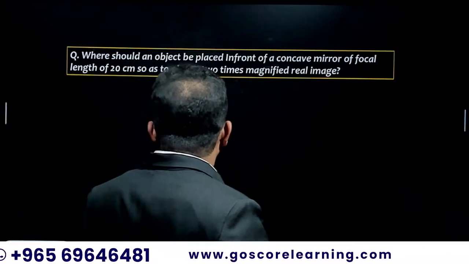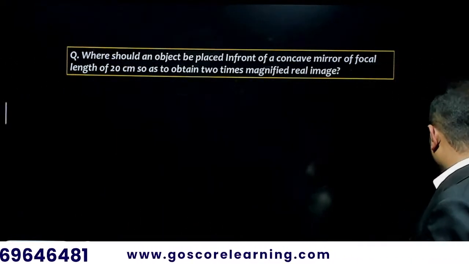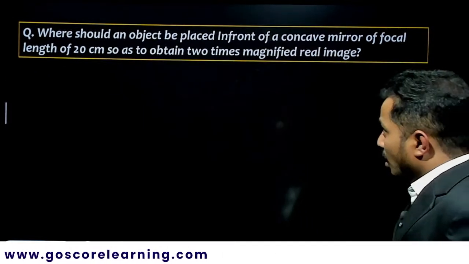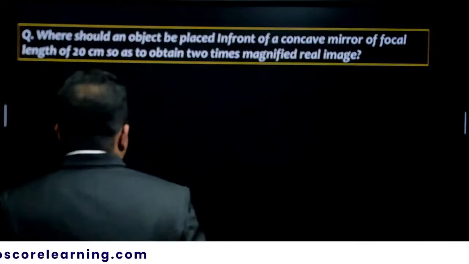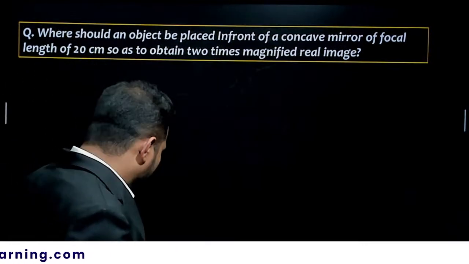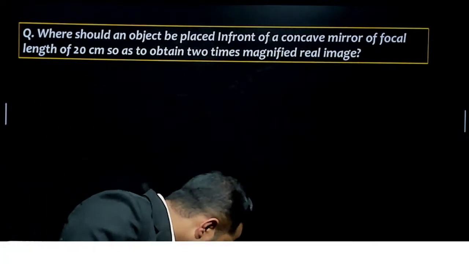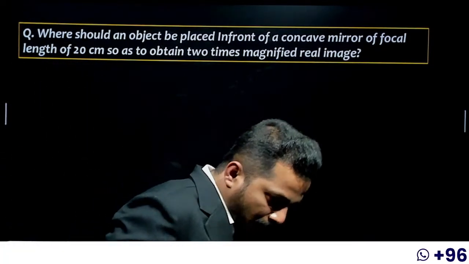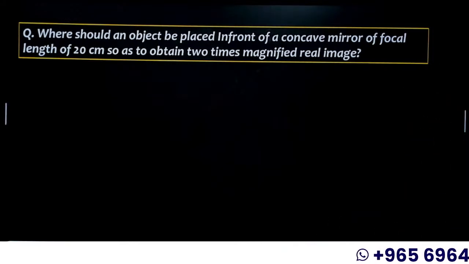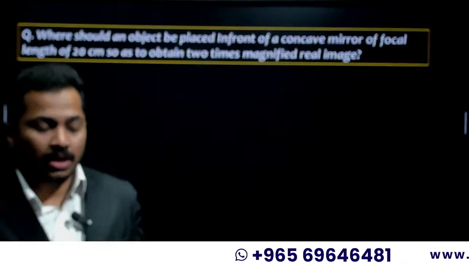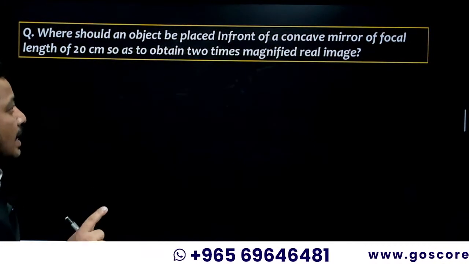Okay, so where should an object be placed in front of a concave mirror of focal length 20 centimeters, so as to obtain a 2 times magnified real image? In the last class we already did that kind of problem. Okay, one second. Okay, so listen, related to